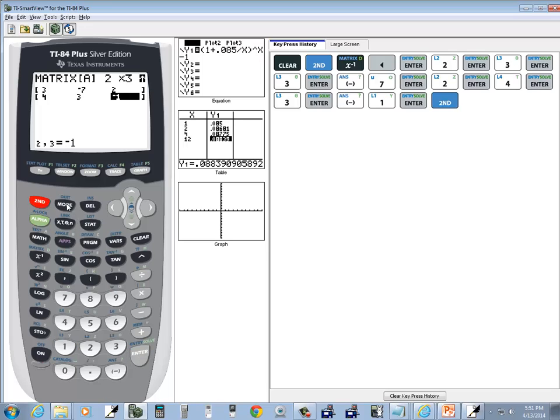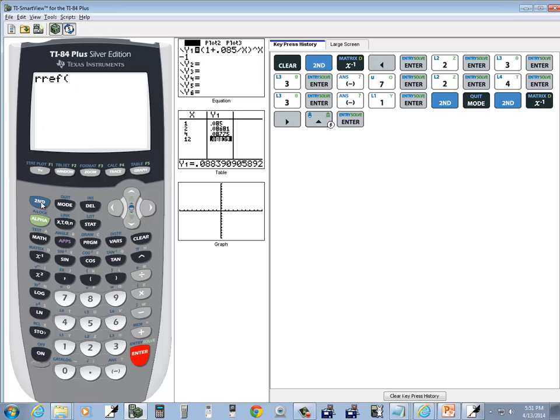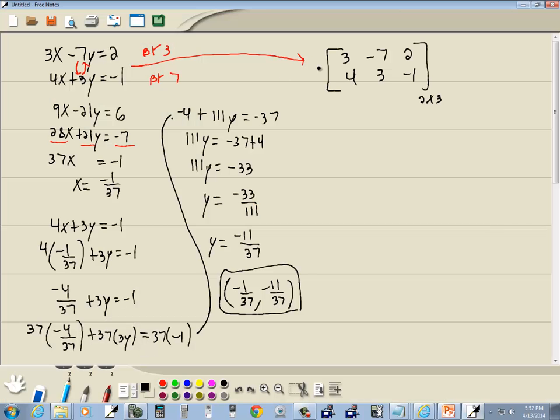Exit out, do second mode, go back in matrix menu, second x and negative 1, right arrow to math, up arrow to RREF. Press enter on it. Go back in my matrix menu, second x to negative 1, enter on A, enter again. We get decimals. We change decimals to fractions by doing math, enter, enter. And we end up with